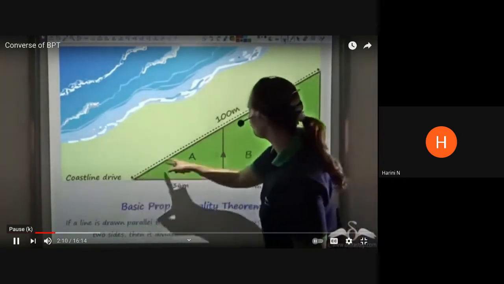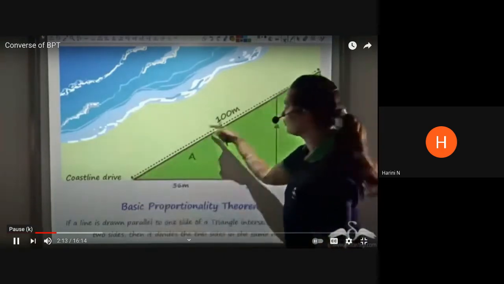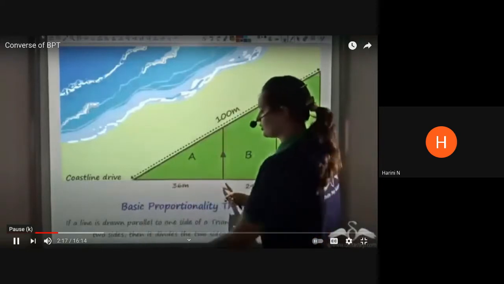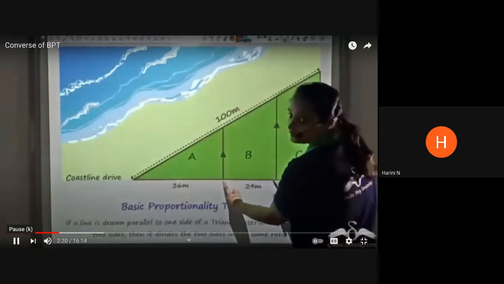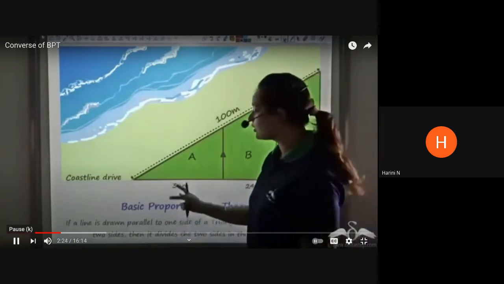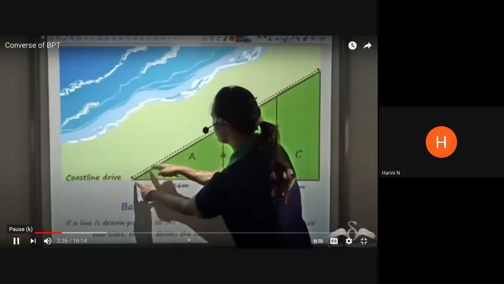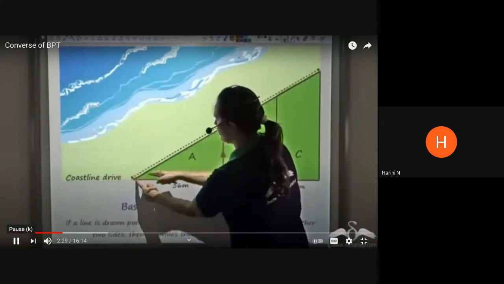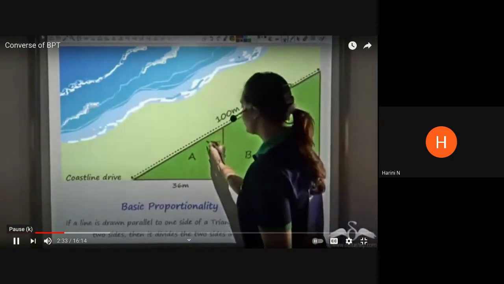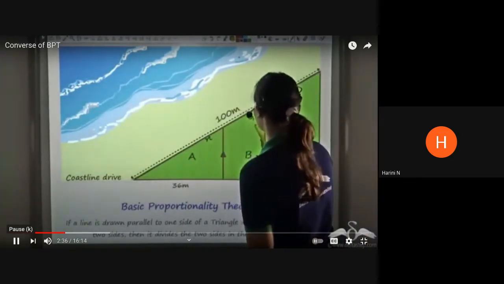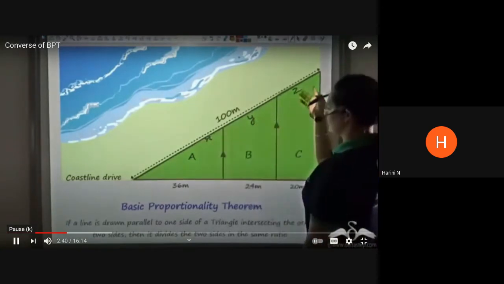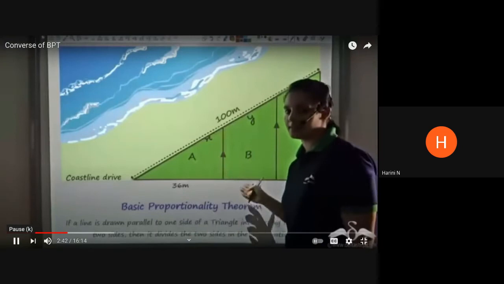He found the total distance along the ocean was 100. The distance for plot A, the bottommost, was 36, this was 24 for plot B, and for plot C, he finds 20. Now, all he needs to do is find the ocean frontage along the property near the sea, again this distance and this distance. So, let's say this is X, this is Y, and this is Z. So, he wants to find X, Y, and Z. Accordingly, we can fix the prices.